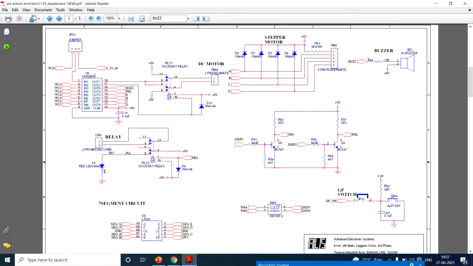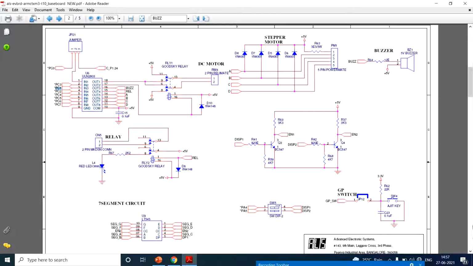Right? So this ULN2803 communicates the input to the output by increasing the value. So if out 3 is BUZZ, the input for that is in 3. That in 3 is the third pin. That third pin is PC1. Okay, so we know that PC1 is a nomenclature used in NIFC lines.